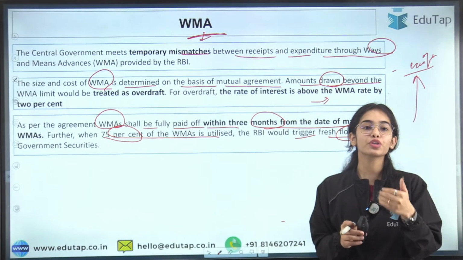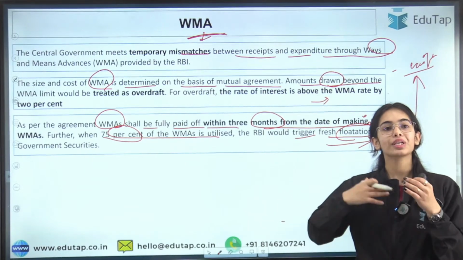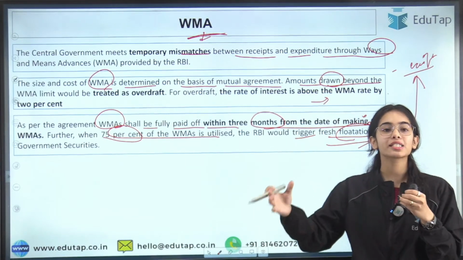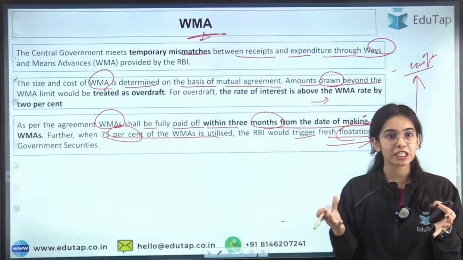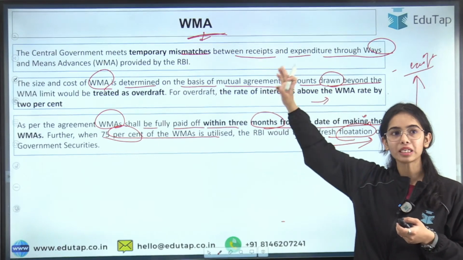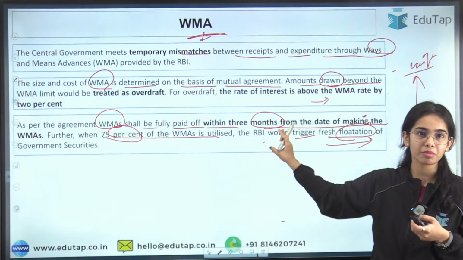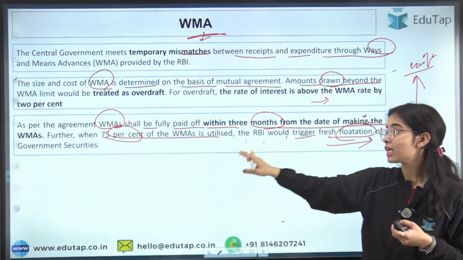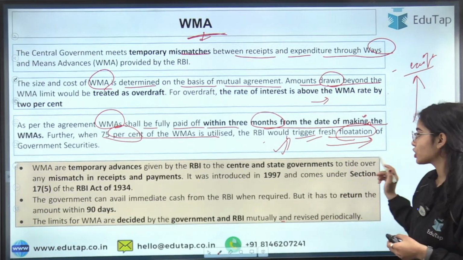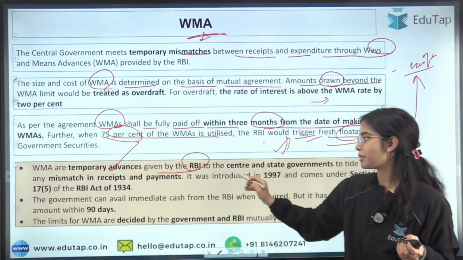In the COVID situation, you can understand that the government had to spend a lot on the health facilities of the country. In these kinds of scenarios, the government requires a lot of money to spend, and the receipts are sometimes not able to cover the expenditure. So in this scenario, the government needs to meet the temporary mismatches through WMAs that have to be paid off within 3 months. If further money is required, the RBI will trigger the fresh flotation of government securities. So the idea is that WMAs are temporary advances provided by the RBI to the center